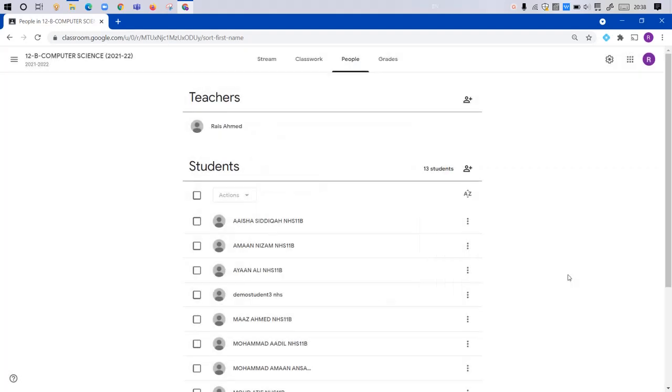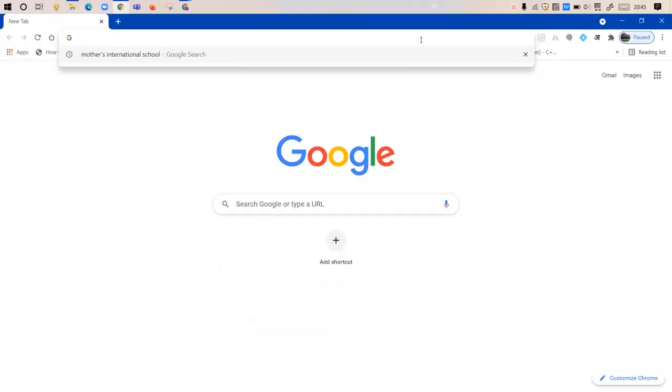Into my classroom. Once you have added a demo student into your account, the invitation will be sent to the student. What you need to do first of all is accept this invitation. So log into the account of this demo student and accept this invitation. Quickly I'm going to show you how to log into this demo student account and accept the invitation.